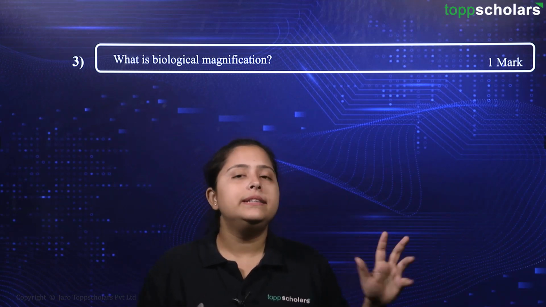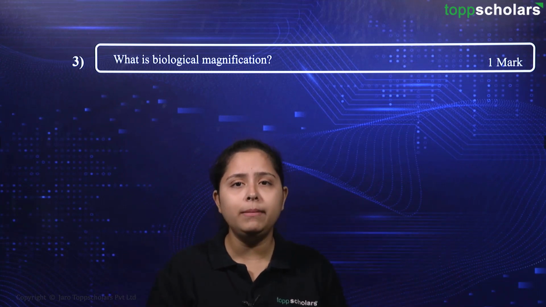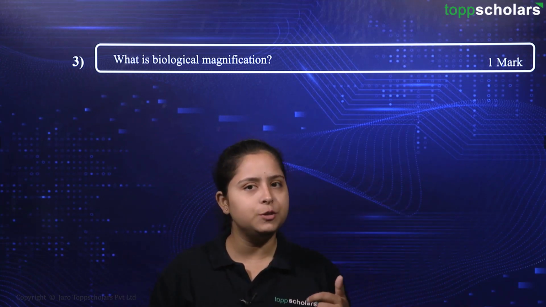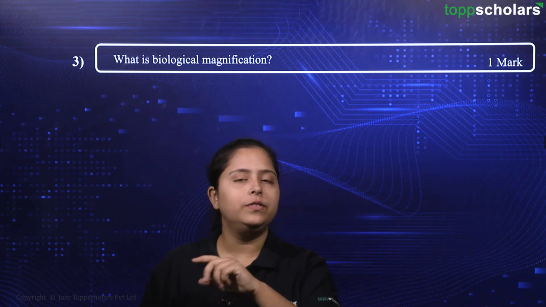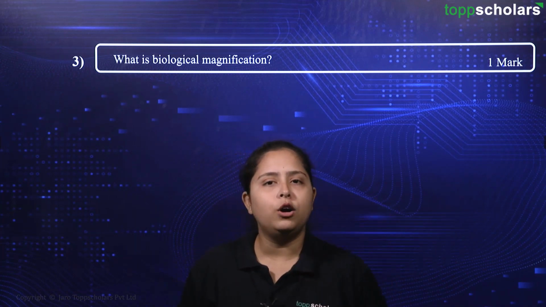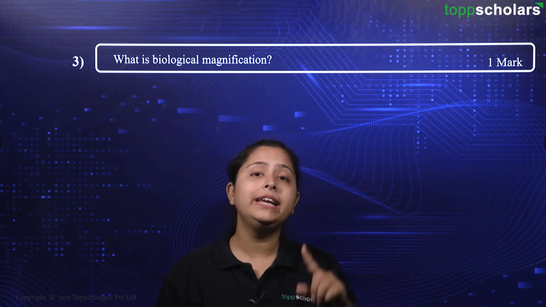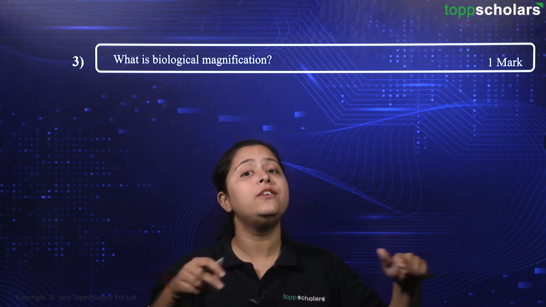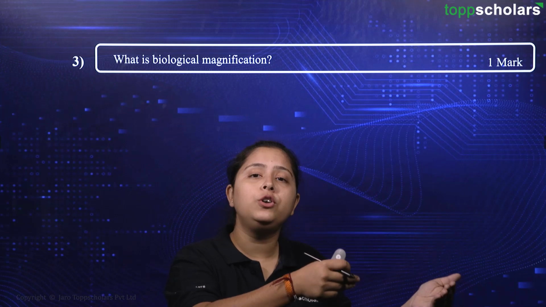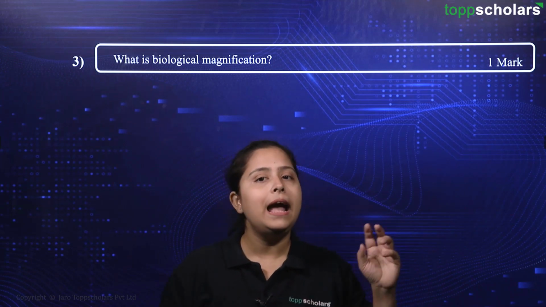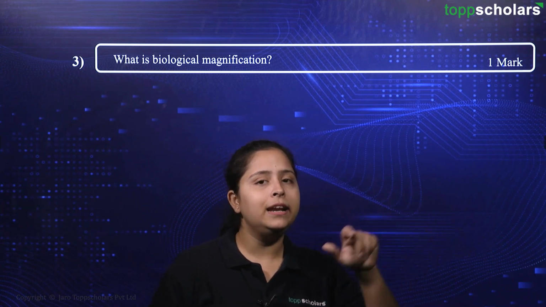So what will happen is, these fishes will accumulate some part of the chemical because it is present in their environment and water is continuously going inside that fish body. Okay. So fishes are now having the accumulation of that chemical. Now say for example, there are 10 small fish. These are being eaten by one large fish. So that one large fish will have the chemicals which was accumulated in those 10 fishes. Okay. So now this one large fish is having a higher amount of chemical in its body as compared to the individual smaller fish.